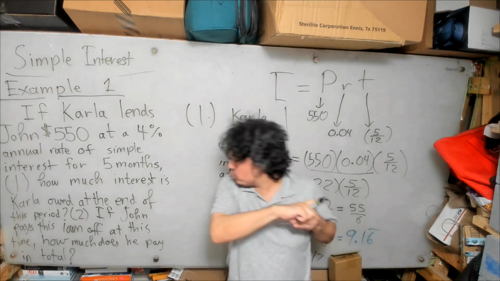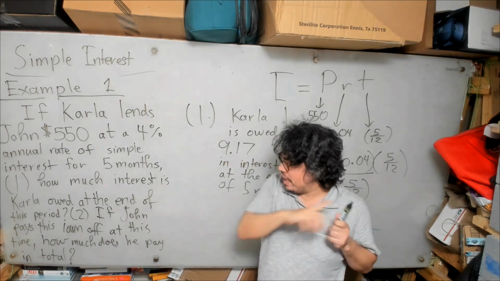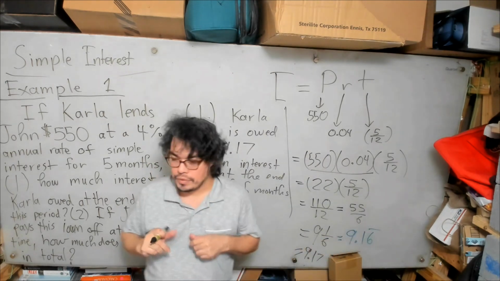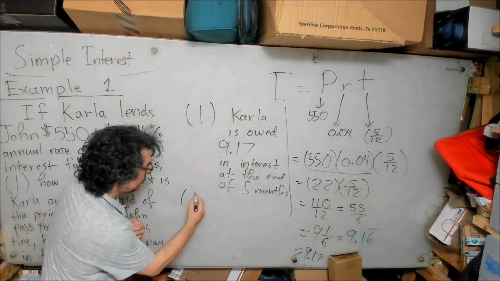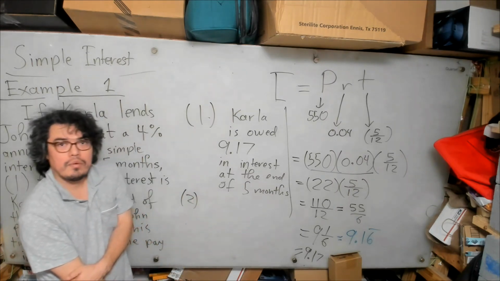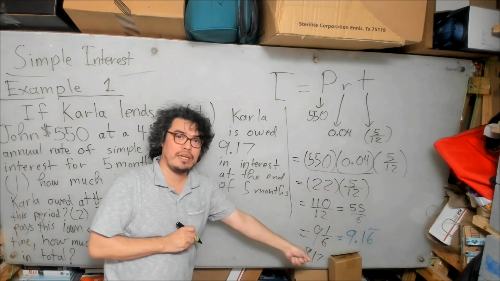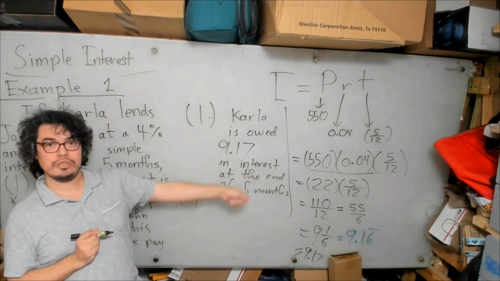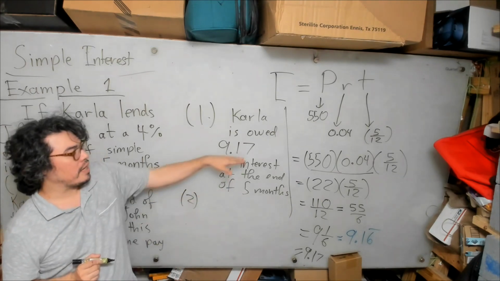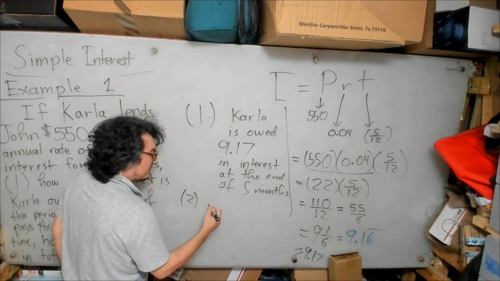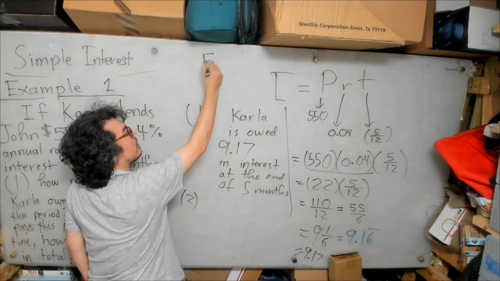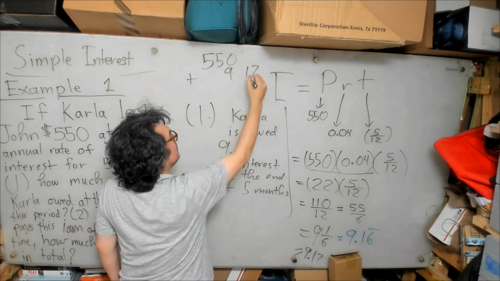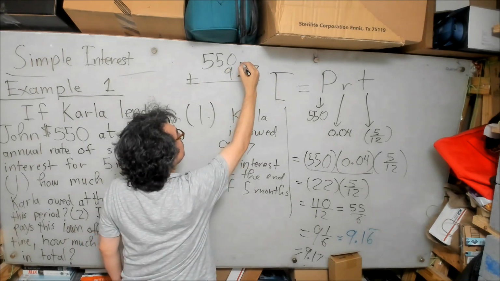Now the second part of this question is, if John pays this loan off at this time, how much does he pay in total? Well, to answer that question, which is part 2, we know that he would have to pay her the original amount she lent him. John would have to pay Karla $550, and he would have to pay Karla the $9.17 in interest. So to find out how much he has to pay her back in total, we'll add that. So 550 plus $9.17 would give us